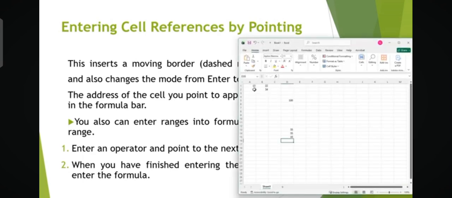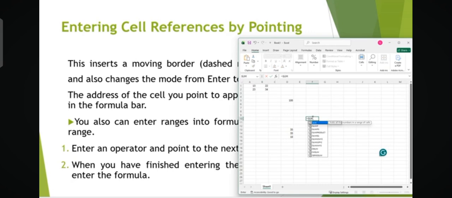If I want to use these in a formula, a function, I can stand here and drag this way. When I drag this way, you can see the space that I've dragged into. And this is a range. So if I have a function such as sum, and I want to pass in